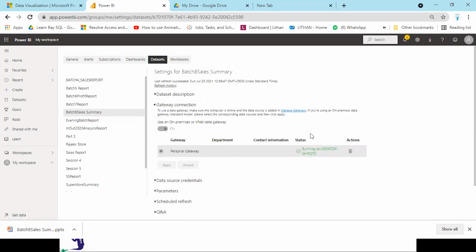Here you are seeing that this is the gateway which has been installed. When you do it, you will get a button over here which says install. You have to click on install. It will download the data set automatically, and it will ask you for the user ID and the password.